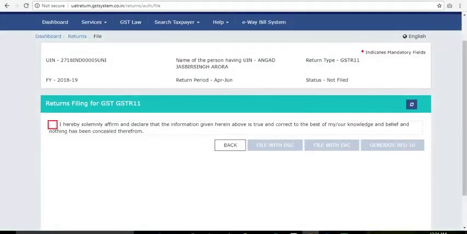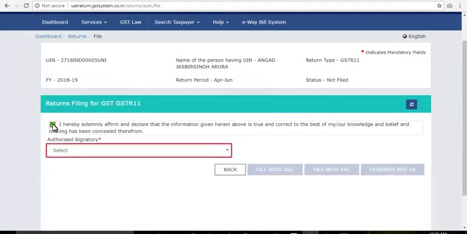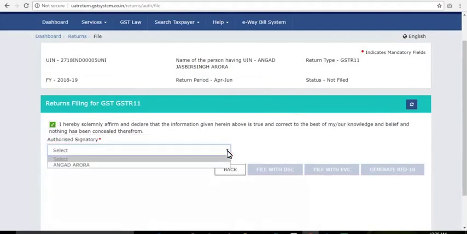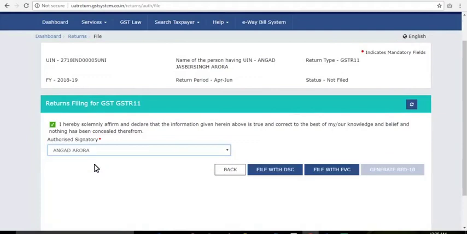Select the Declaration checkbox and the Authorized Signatory. Now, click File with DSC if you have a digital certificate or click File with EVC for system verification to file the return.